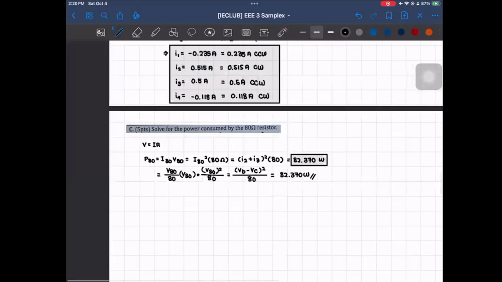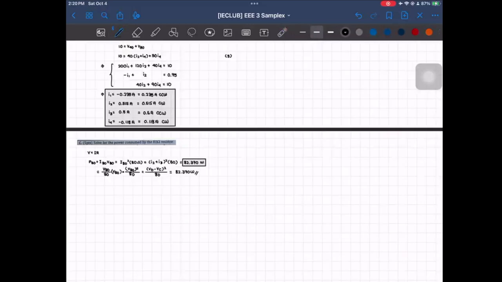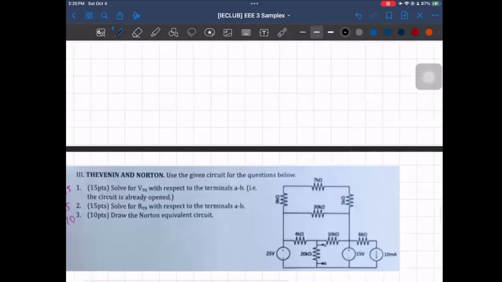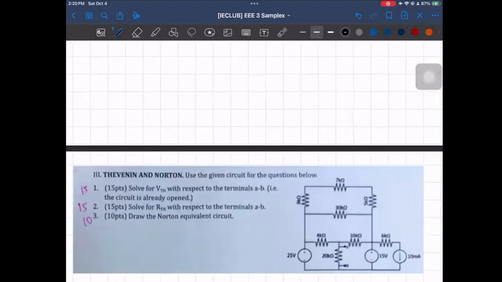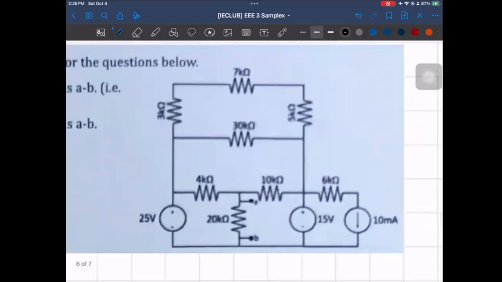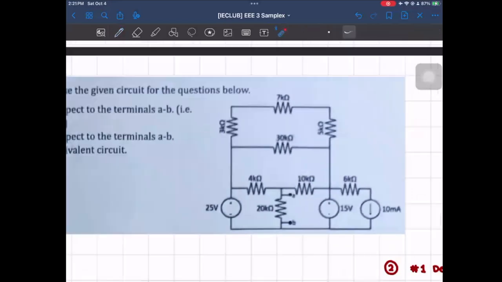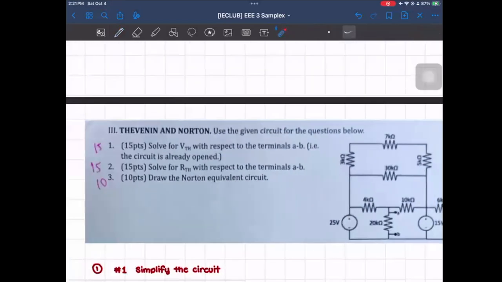And then next, actually, that's it for the second section. And now we move on to the third section, which focuses on Thevenin and Norton. So we're given a circuit here, shown at the right-hand side. And we are tasked to go through this circuit step by step, so that we end up having the Norton equivalent at the end. So first we have to solve for VTH with respect to terminals A and B, which is over here. And then next is to solve for RTH with respect to those terminals,